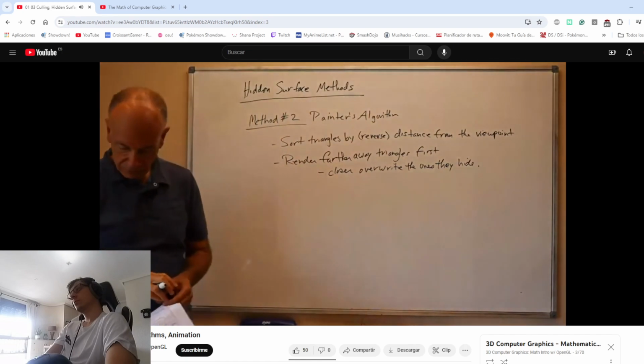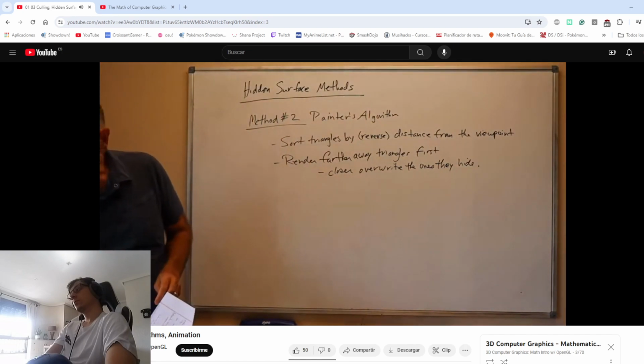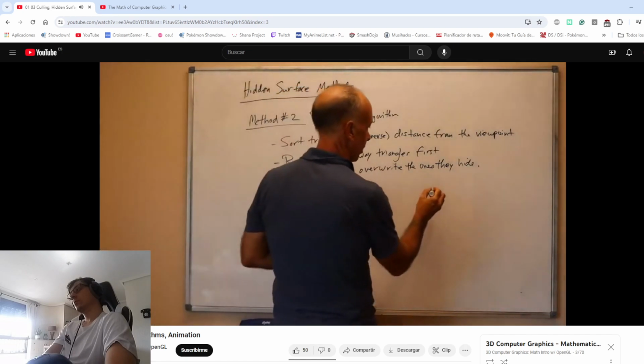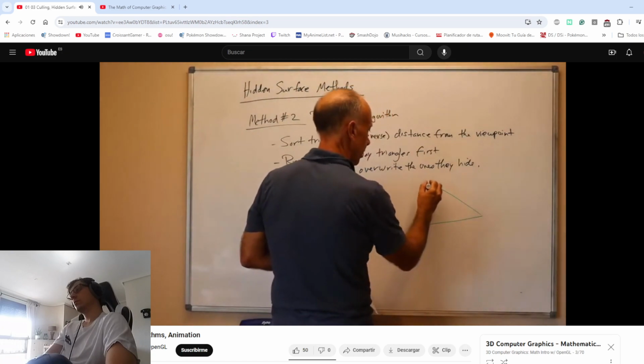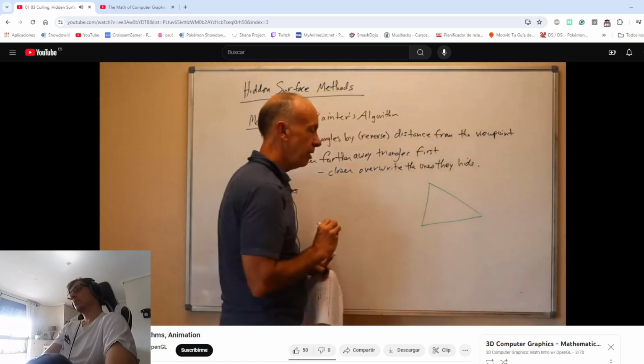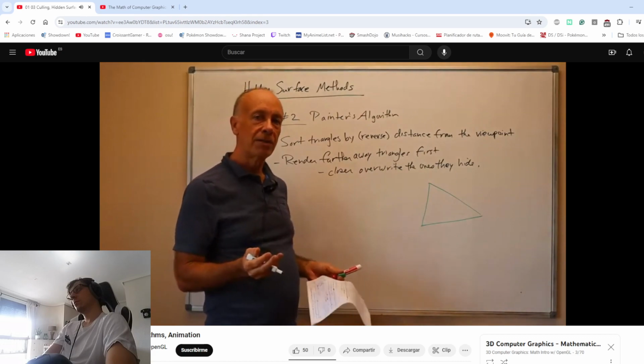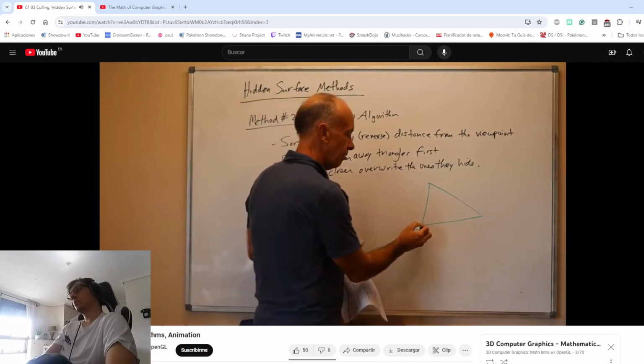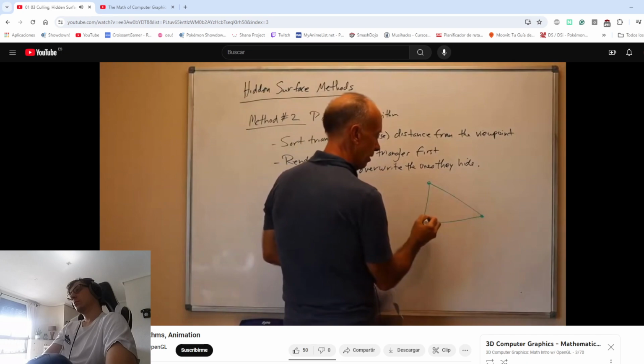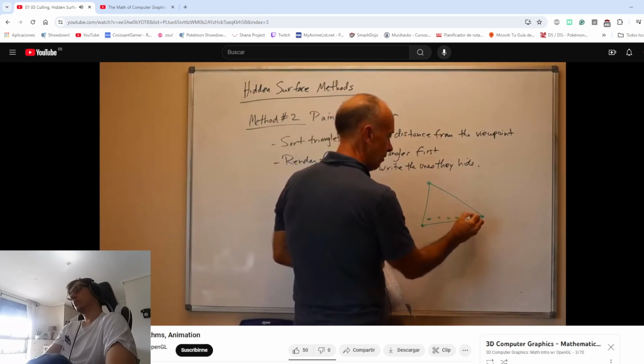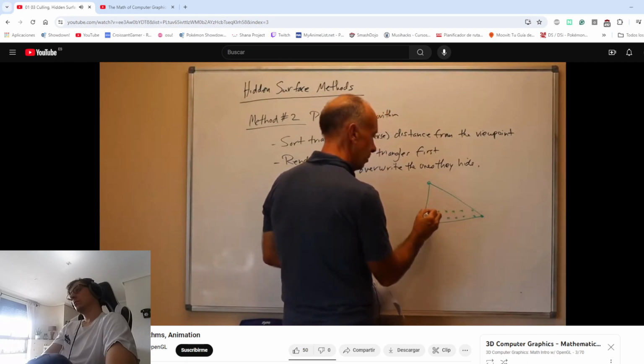So a picture of this would be, we have two triangles, green triangles further away than the red. So the green triangle gets drawn first, even the portions of it that will be hidden get drawn first. Now when we say draw this, we're drawing it into an array of pixels. So when we draw a triangle, the triangle is specified by the vertices, and then each triangle covers some pixels on the screen,